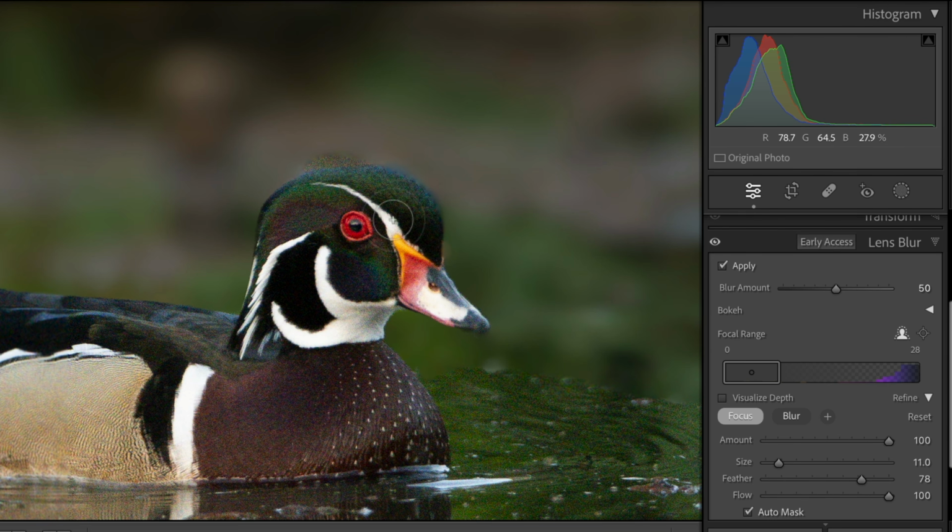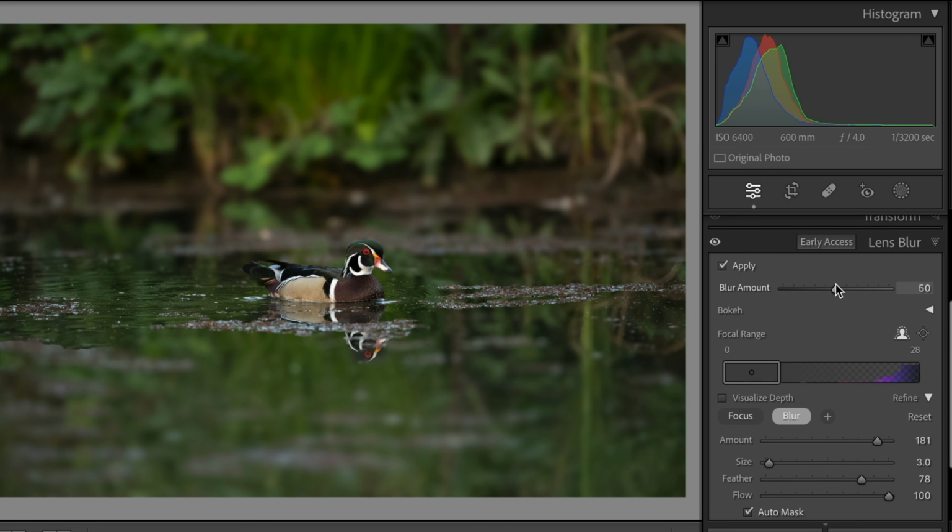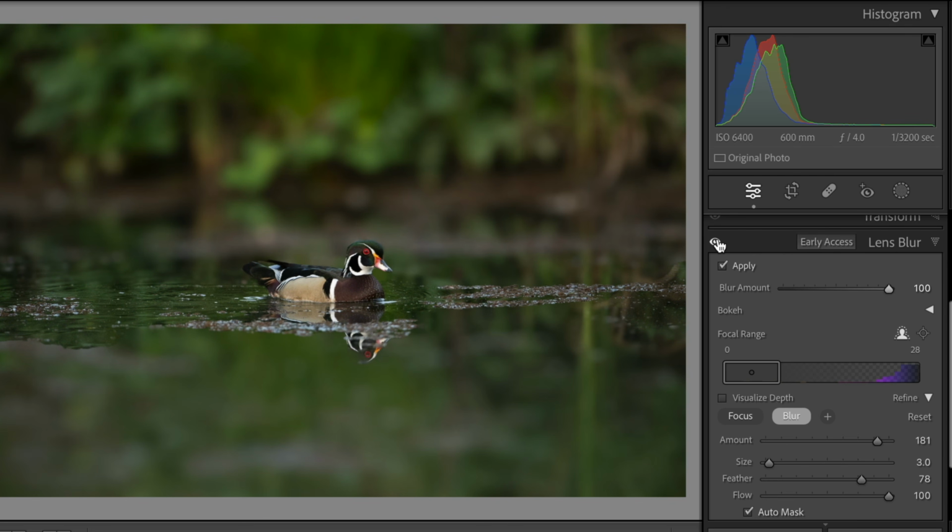We messed up a little bit up here, so we can go to blur, and we're just going to make that a small brush and blur that over the top. We turn this off and on. You can see the difference. Let's go ahead and pull this all the way up to 100%. And you can see the difference of how we've really brought the attention to our subject in the middle of the water there. And this allows us to create some focus areas and unfocused areas that really bring the eye